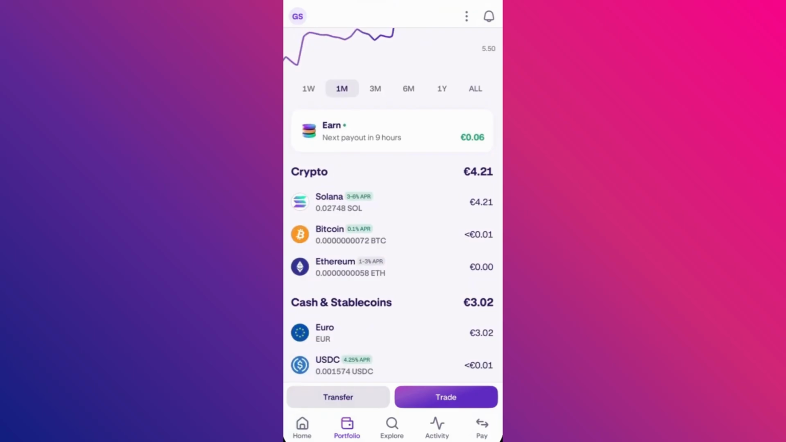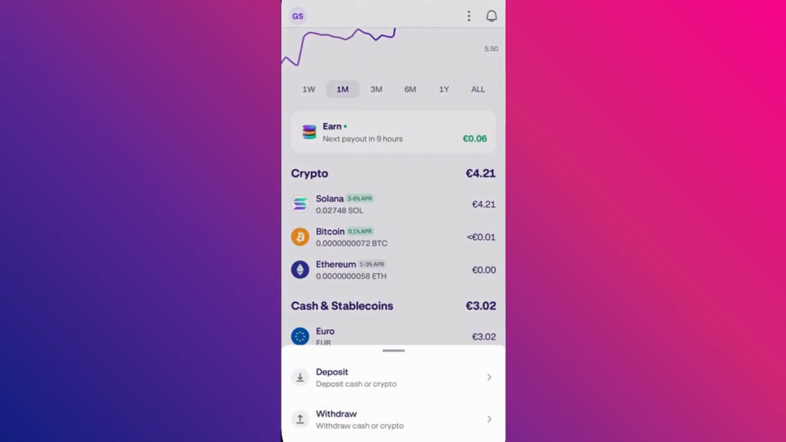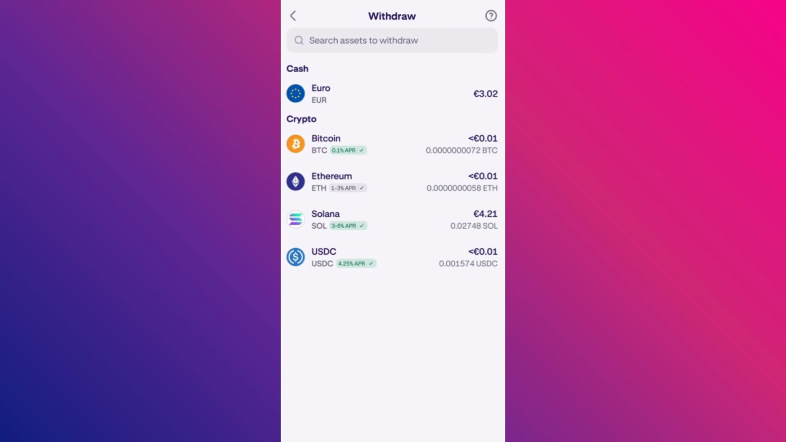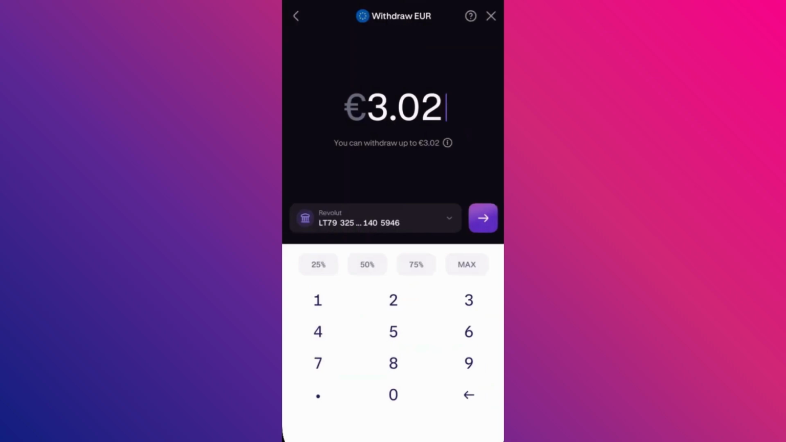Next, tap Transfer at the bottom and select Withdraw Cash or Crypto. Under the Cash tab, choose the currency you're withdrawing, for instance USD, Euro, or GBP. Then, enter the amount you want to withdraw and choose the linked bank account where you want to send the